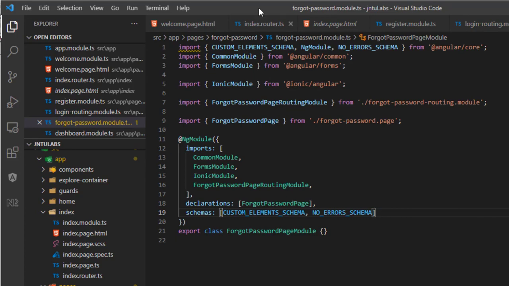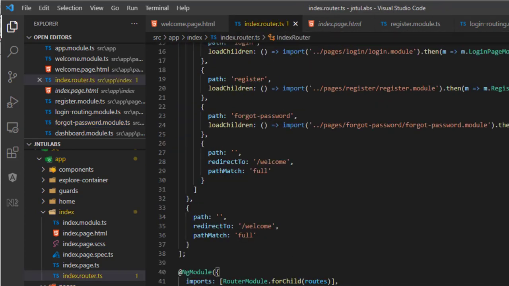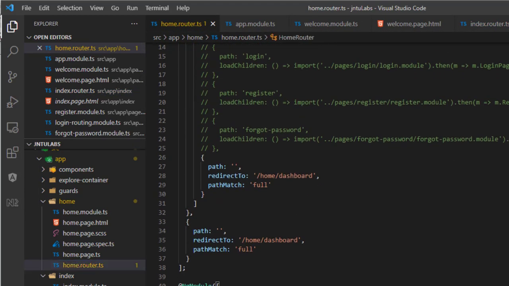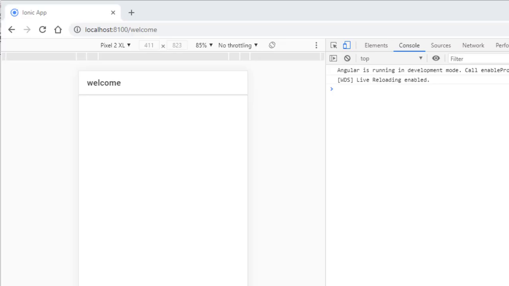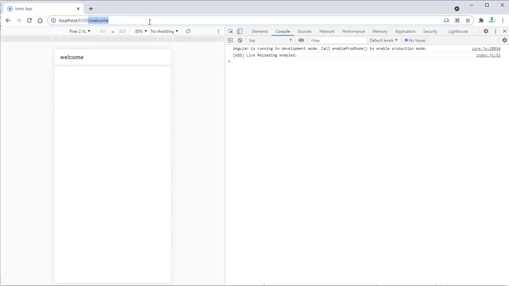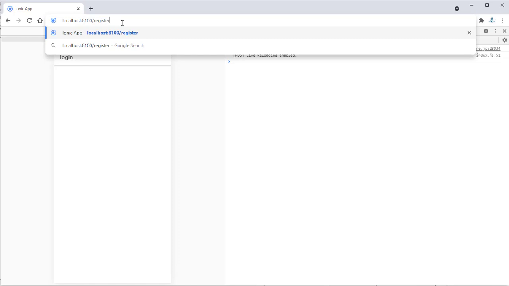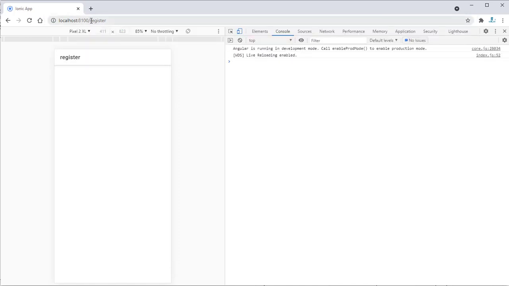And one more thing is you need to add these exports. Always you need to export your router module. So I have exported the index router, and you need to export your router module as well. As soon as you export, the server starts and redirects to welcome. Next, if you want to navigate to login, here you have the login page, then register, and then